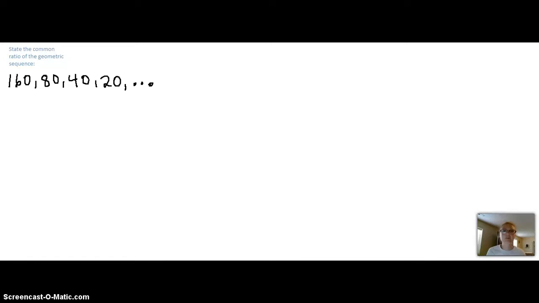Alright, here we're given a question that asks us to find the common ratio of the geometric sequence. Now, what's a common ratio? Common ratio is usually listed as just R as a variable, and it's the number that we multiply each term in the sequence to get the